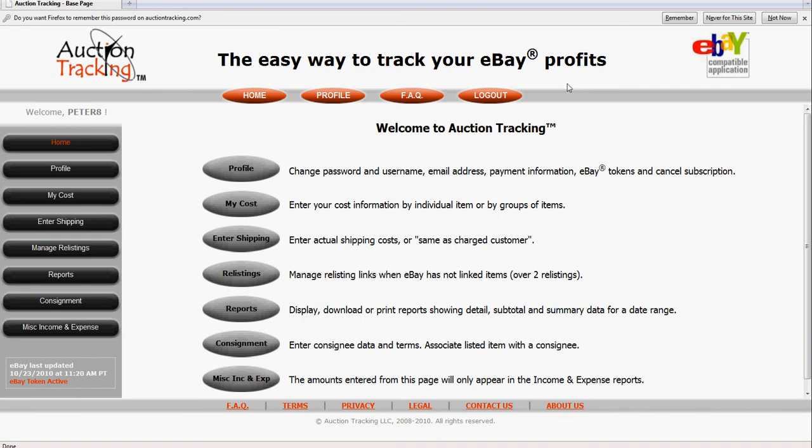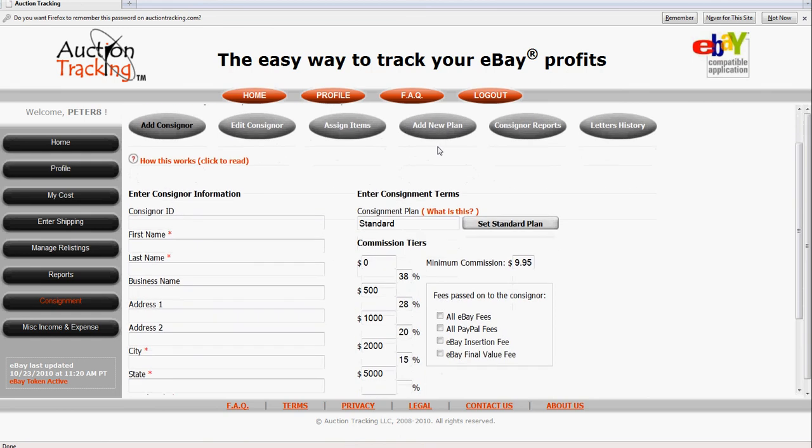Once you log into your account, you'll come to the main menu screen, and we're going to scroll down to Consignment to open the Consignment window. Once you open the Consignment window, it'll take you to the Add Consignor screen, and this is where you will add your consignor and create a plan for that consignor. So for this demo, I'm going to use John Doe, give John an address,